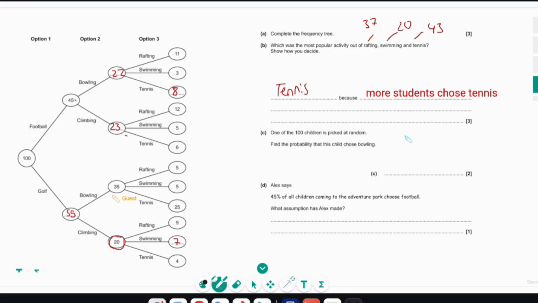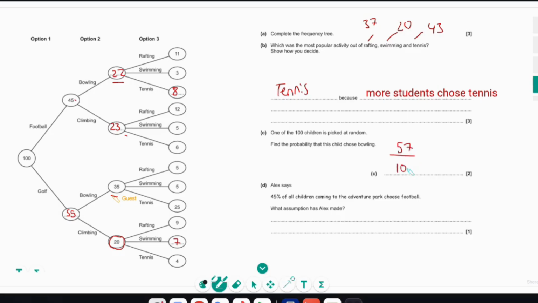Out of the 100 children, one of the 100 children is picked at random. Find the probability that this child chose bowling. So 22 add 35 is 57